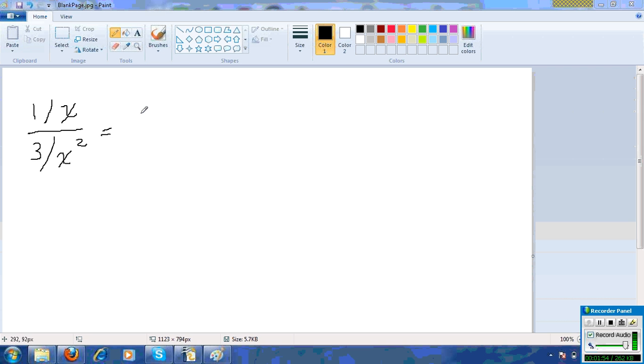The numerator would stay the same, 1 over x. I'll come back to what I'm doing and clear it up for us. So this 1 over x in the numerator is the same as this 1 over x. Nothing there has changed. Well, when you divide a number by a fraction, what actually happens is